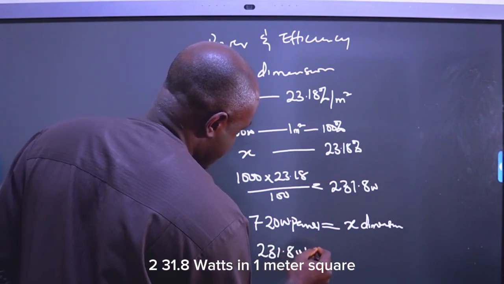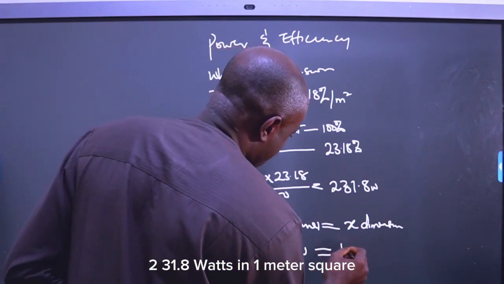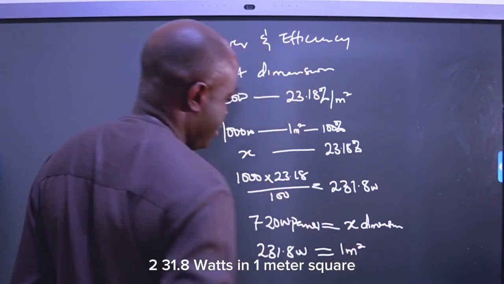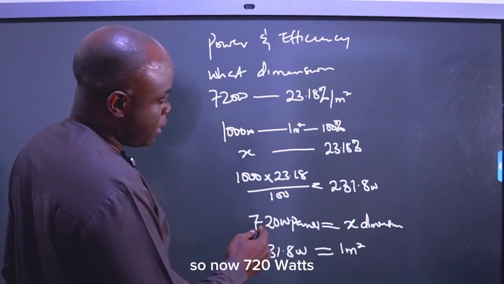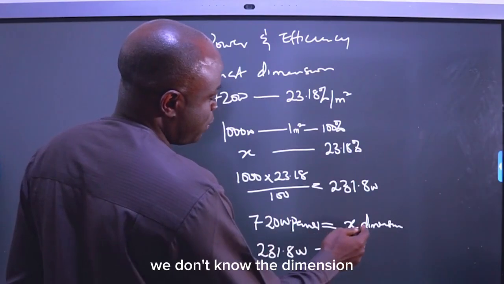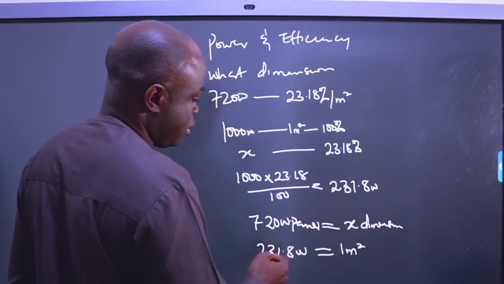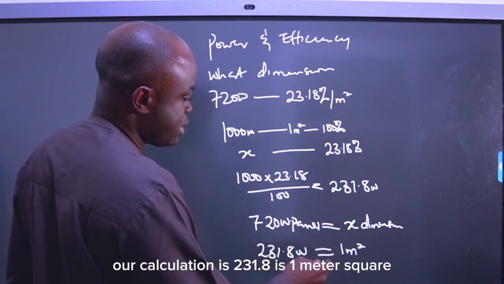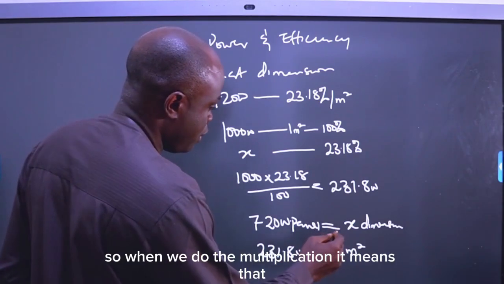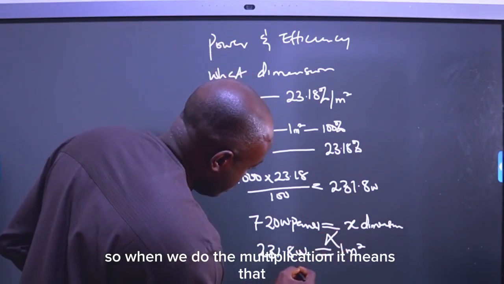We can get 231.8 watts in 1 meter square. So what is the value? We have 720 watts, and we don't know the dimension. Our wattage from this calculation is 231.8 in 1 meter square. So when we do the multiplication, it means that